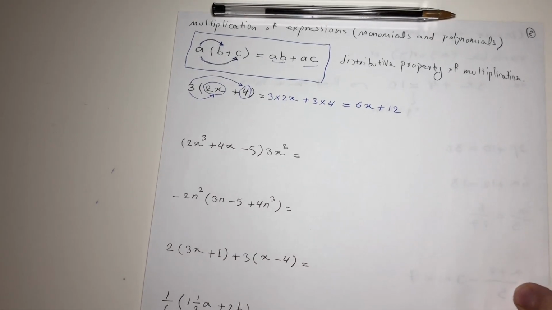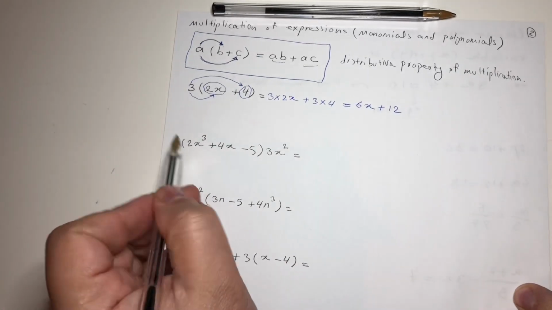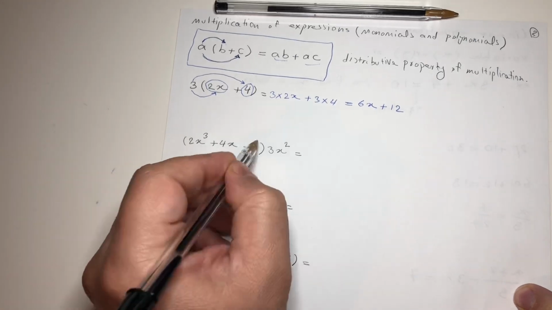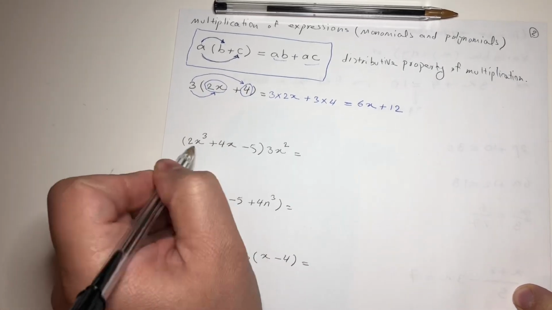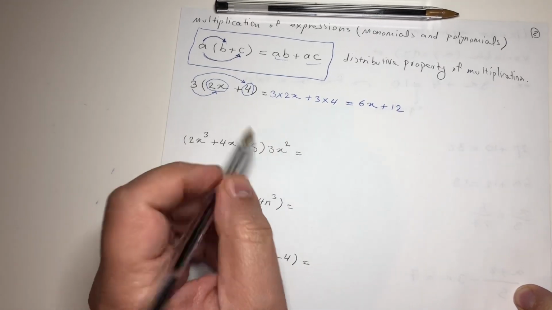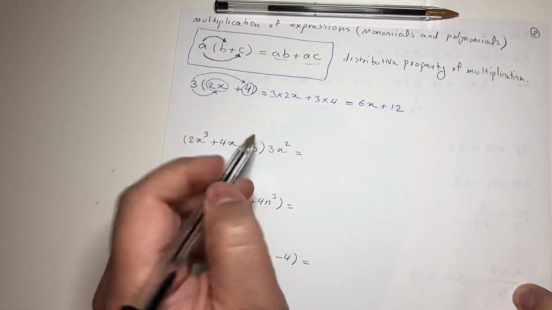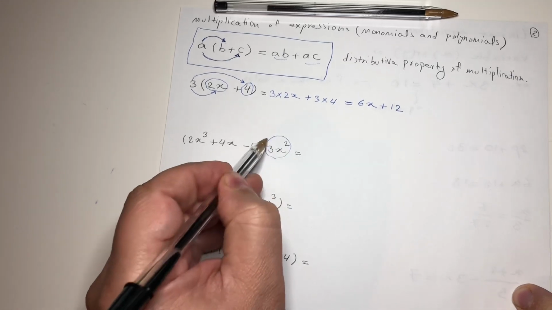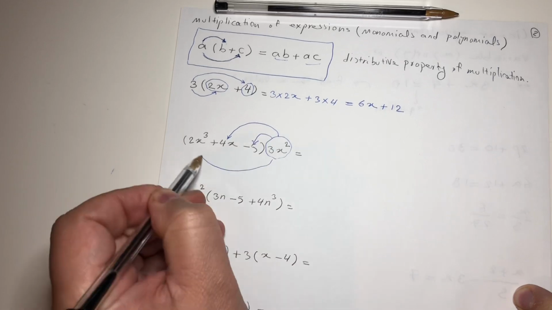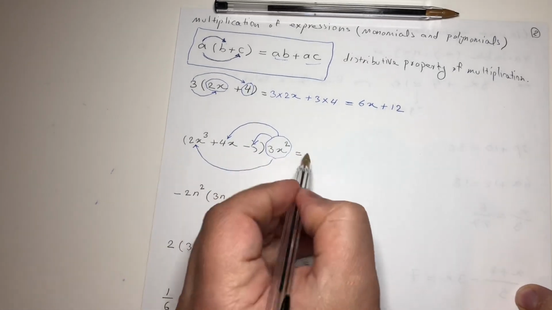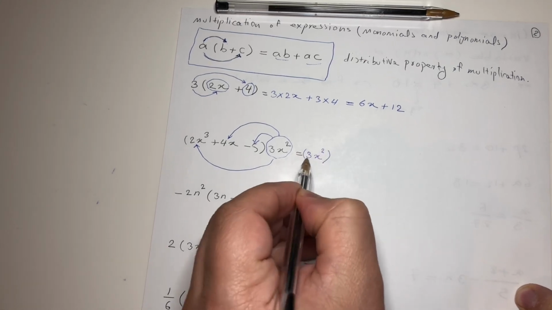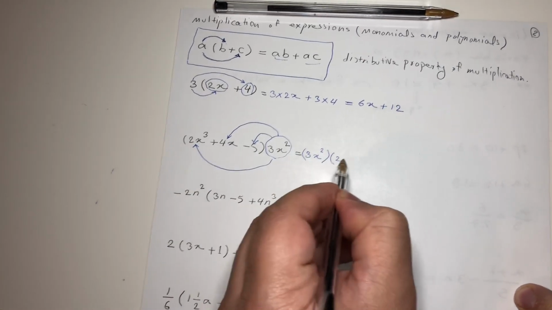Let's do another example. We want to multiply this expression inside this brackets by 3x2, right? So according to the distributive rule, we have to multiply this by everything inside the brackets, right? So it would be 3x2 by 2x3